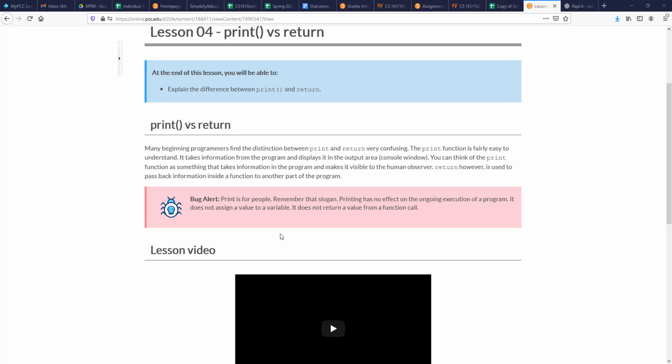Okay, now we are on to lesson 4 in the same unit. We're still talking about functions, what they return. Sometimes they don't return anything, void functions. So print versus return. There's always a confusion for beginners or programmers first to see what is a function